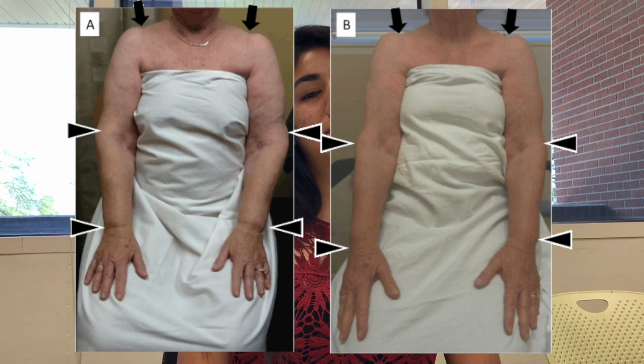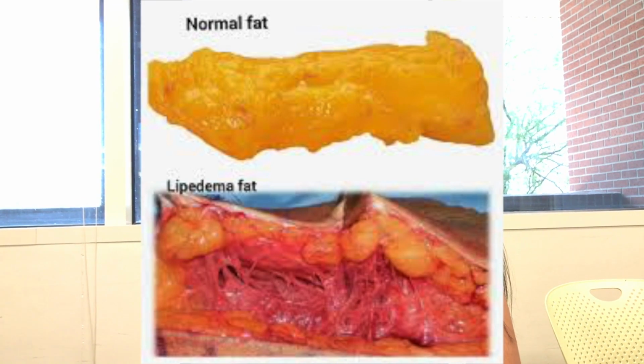Lipedema patients experience enlargement of their lower extremities and also sometimes of their arms. They also experience painful lipomas, being tender to touch, so it hurts them. They experience a lot of weight gain due to the increase of the subcutaneous adipose tissue, and also easy bruising. Patients with lipedema can have either a small amount or a large amount of lipedema fat. And no matter how much fat they have, sometimes the pain can be unbearable.